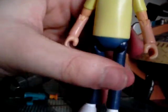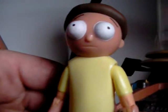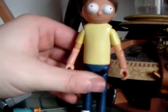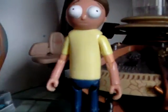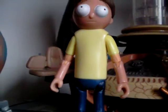And then basically, paint application wise, it's fairly simple as well. I think the most impressive thing is the likeness to the character in the face. The figure, or this one in particular, is fairly basic, as I say. You've got that sort of pinkish flesh colour for his skin, the dark blue for his pants, the white for his shoes, and then just a big brown mould for his hair, surprisingly enough, and then the yellow plastic for his t-shirt. It looks like who it's based off of, I just think for £12 it is quite steep. I think it should have been maybe